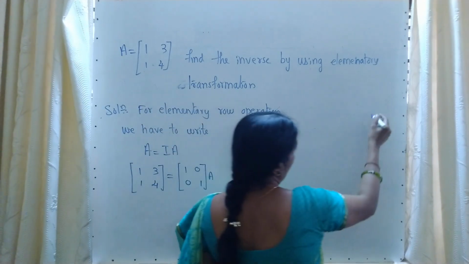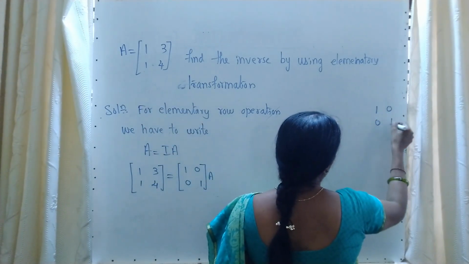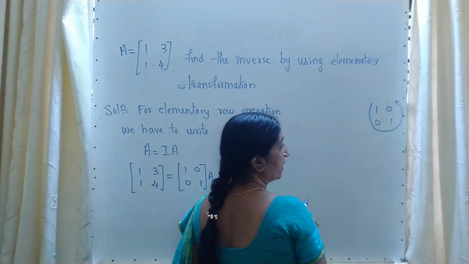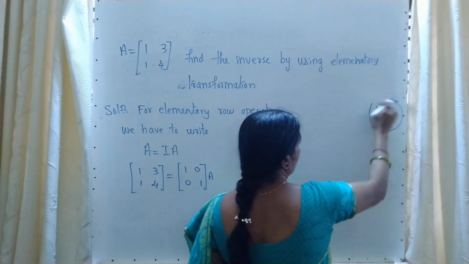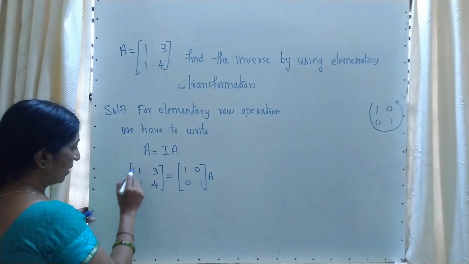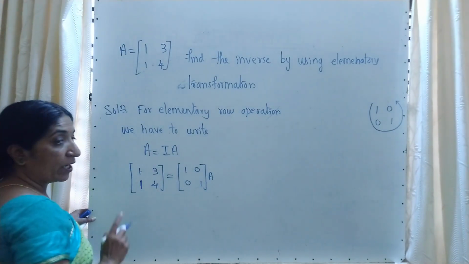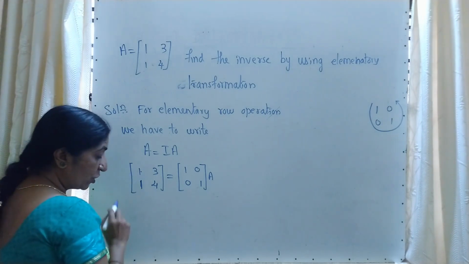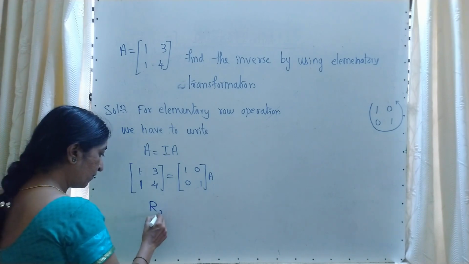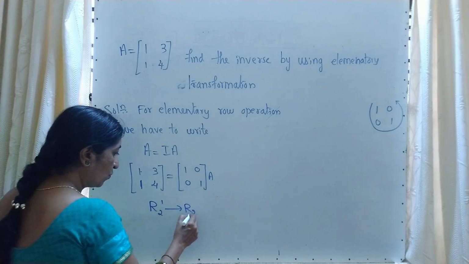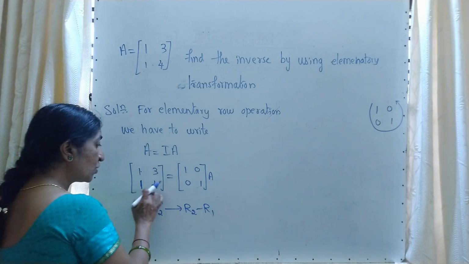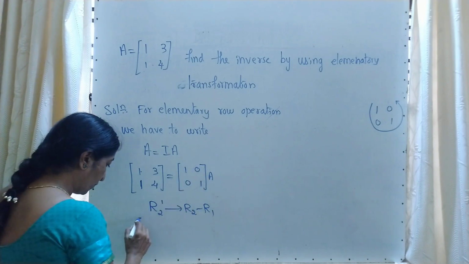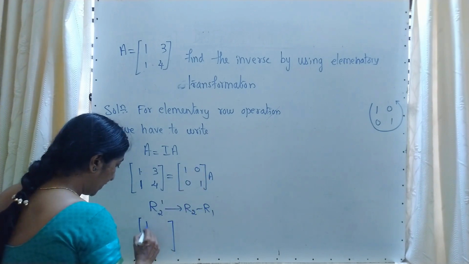Say on the left side, I will give for reference, it is 1 0 0 1. We have to move in this direction and we have to convert the elements step by step. First 1 0, 1 0 like that. So already it is a 1. Now we have to make this 1 a 0, and you are familiar. When you are converting into a 0, go for addition or subtraction. If I write like this, R2' is R2 minus R1. That means each element of the second row is subtracted with the corresponding element of the first row. Keep the first row element as it is.